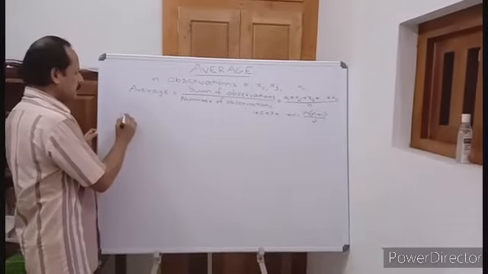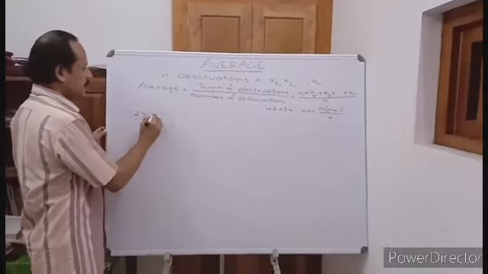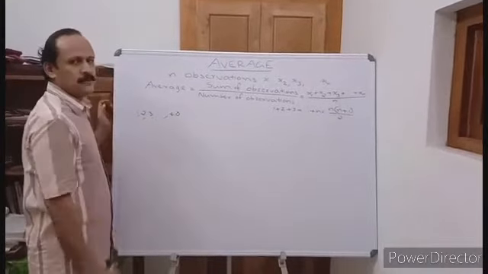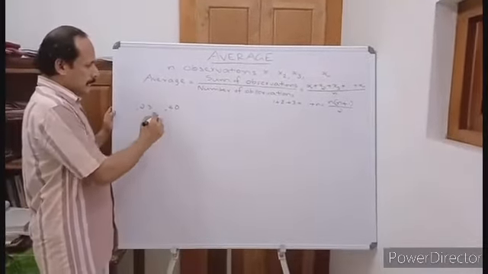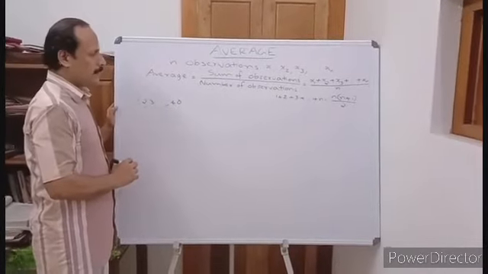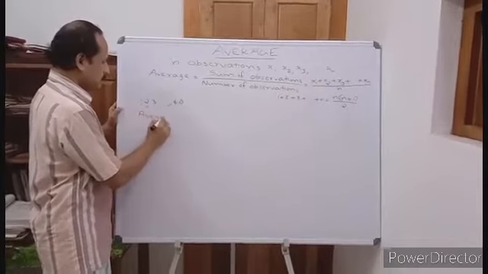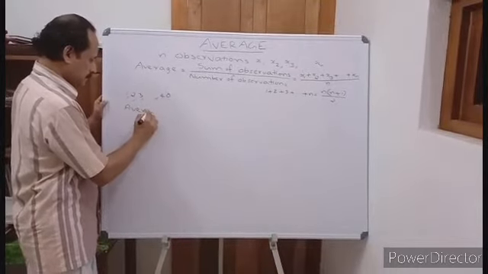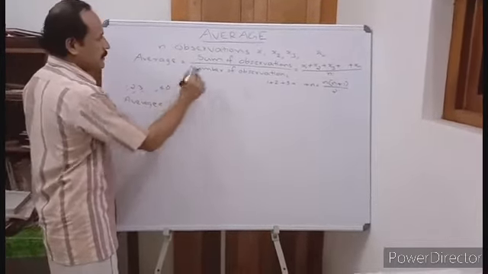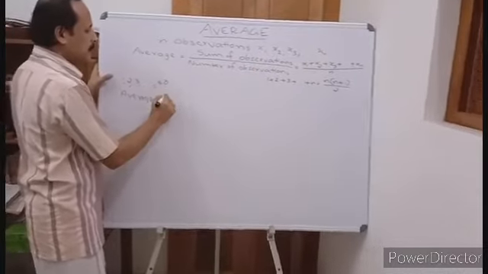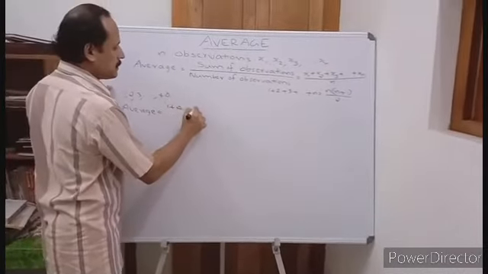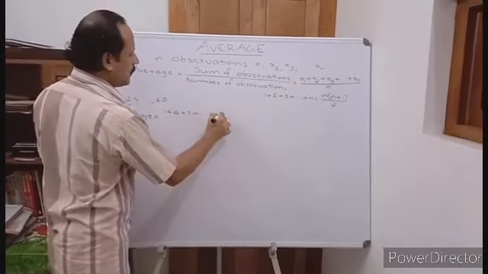Natural numbers 1, 2, 3 up to 40, and find out their average. Their average equals the sum of observations, that is 1 plus 2 plus 3 plus etc. plus 40,